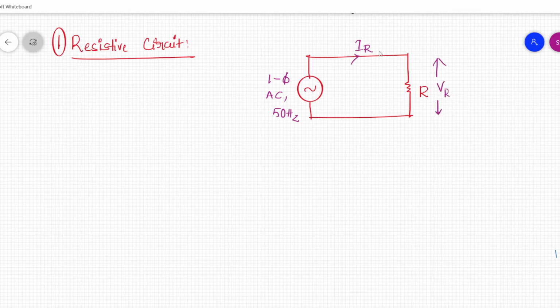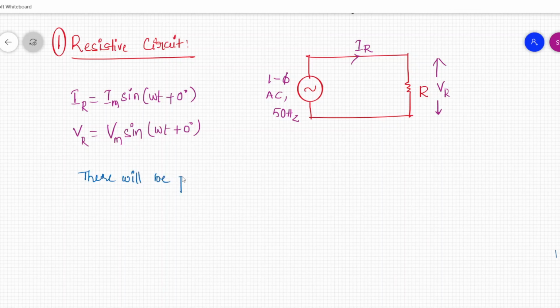We are going to see the behavior of these two parameters. Let us write IR equal to, for a sinusoid, Im sine omega t plus 0, and similarly VR equal to Vm sine omega t plus 0,